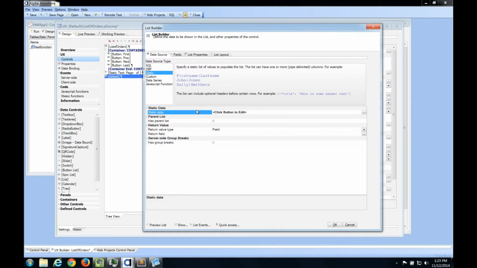So the next step now is, okay, I can use a list control with SQL data. I can use a list control with static data, meaning just a pre-canned set of JSON. And one thing that's really important about that, as a sidestep right now, is that as you're dealing more and more with mobile data and mobile implementations, you may have situations where you want to have static data in your application, stuff that doesn't change very often. And one of the cool things about Alpha is that you could literally create a JSON data file which has some static JSON in it, and then within the list control, grab that data